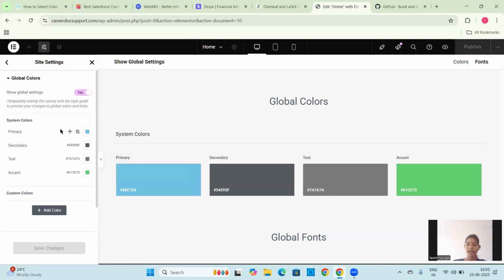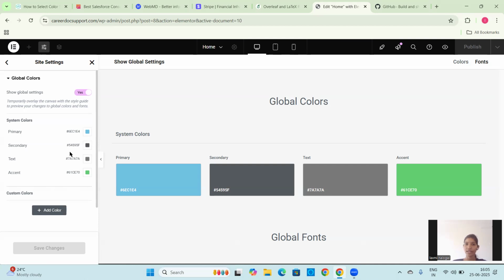Here you can see I already set the colors: primary, secondary, text and accent. Here you can see the option called add color. You can click on it. You can also delete colors. If you install a theme inside your site, then it applies the theme colors to your site; for buttons or text it applies the default colors.